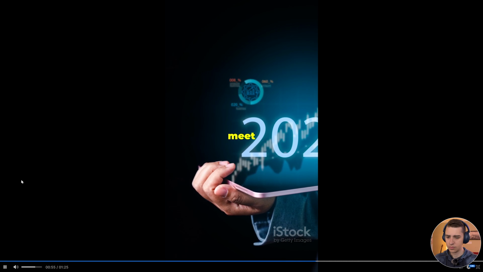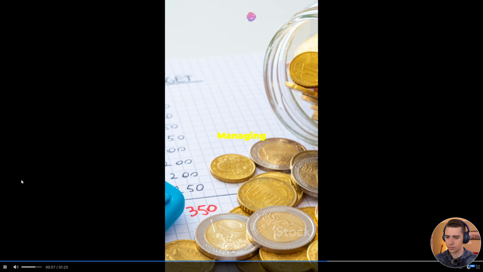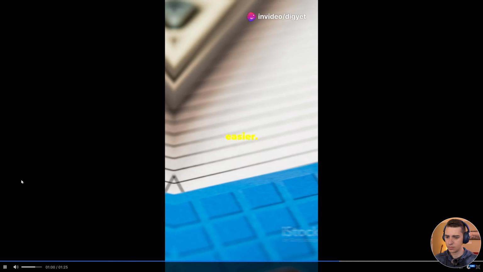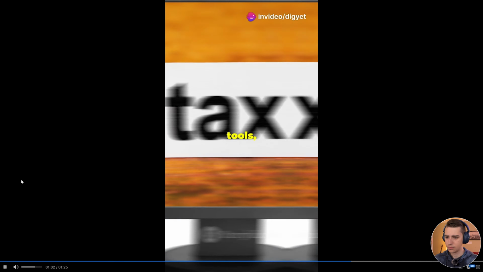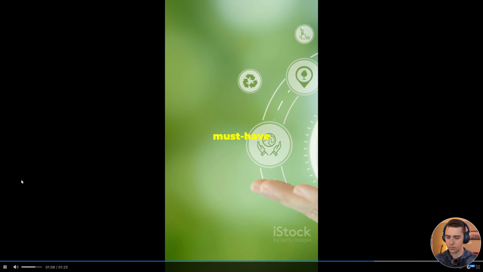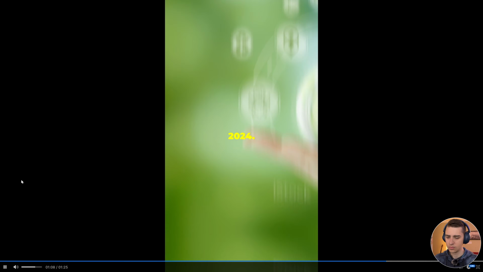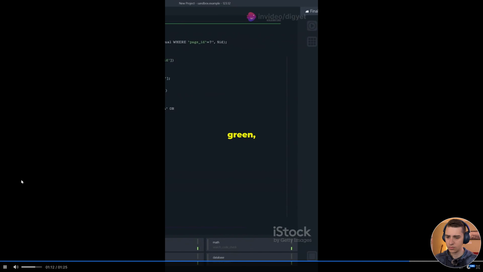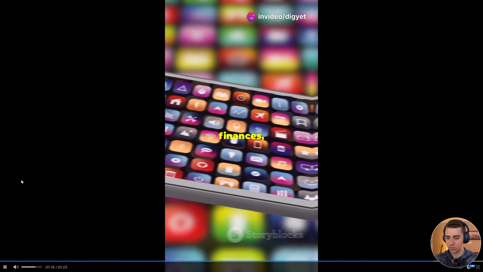Finally, meet FinTrack Global. Managing your finances has never been easier. This app offers advanced budgeting tools, investment insights, and even tax assistance. So there you have it, 6 must-have software solutions for 2024. Whether you're looking to boost productivity, enhance security, go green, unleash creativity, stay fit, or manage your finances, there's something